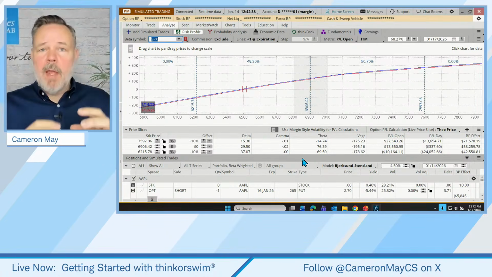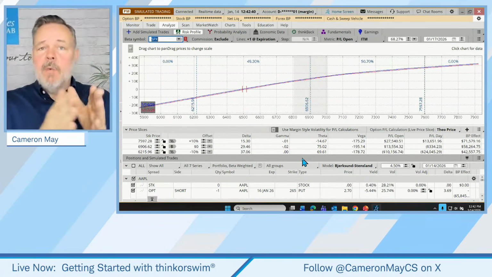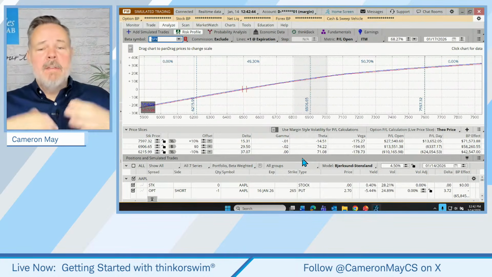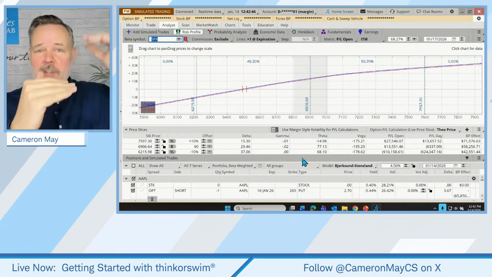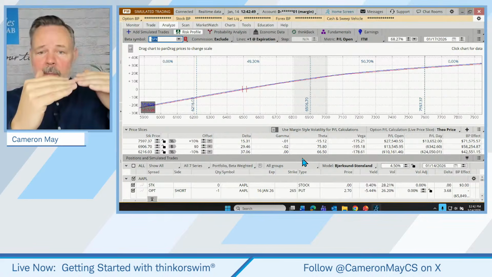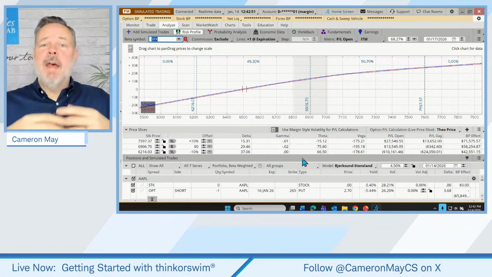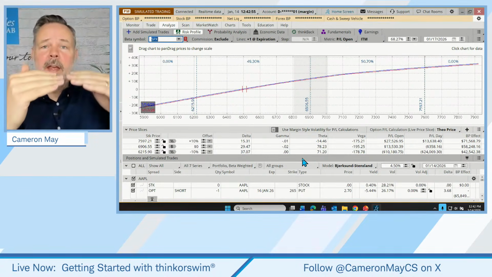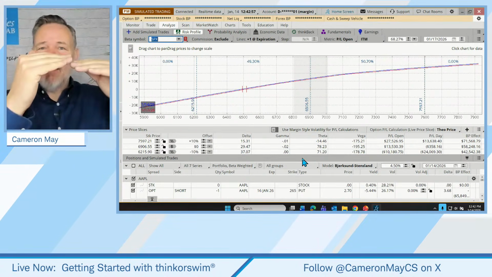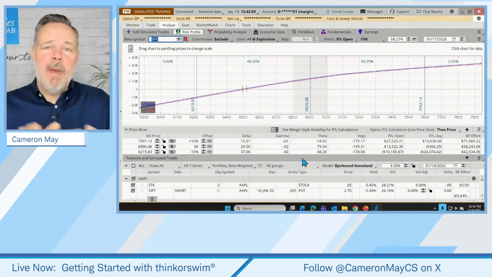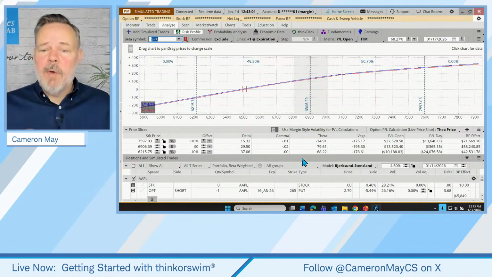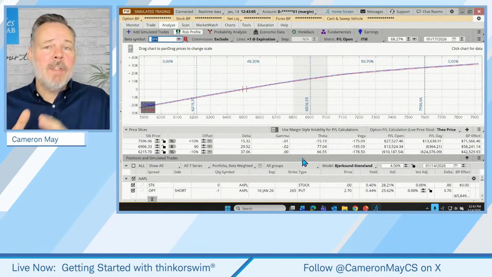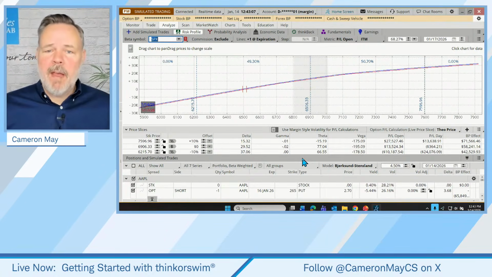Some stocks will tend to go right with the S&P. We say that it has a one-to-one relationship with the S&P, or in other words, it would have a beta value of 1. Some stocks will go up with the S&P, but faster. They'll go down with the S&P, but faster. That might have a beta value of more than 1. Or if a stock moves with the S&P, just not as fast in either direction, that would have a beta value of less than 1. But beta is that relationship of how a stock behaves compared to the S&P 500.